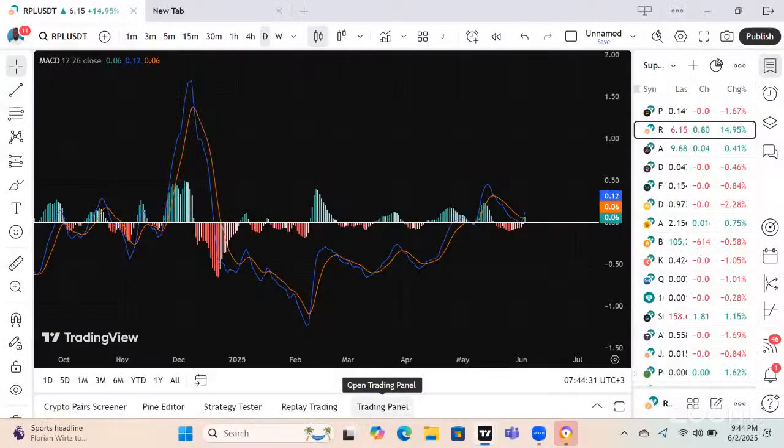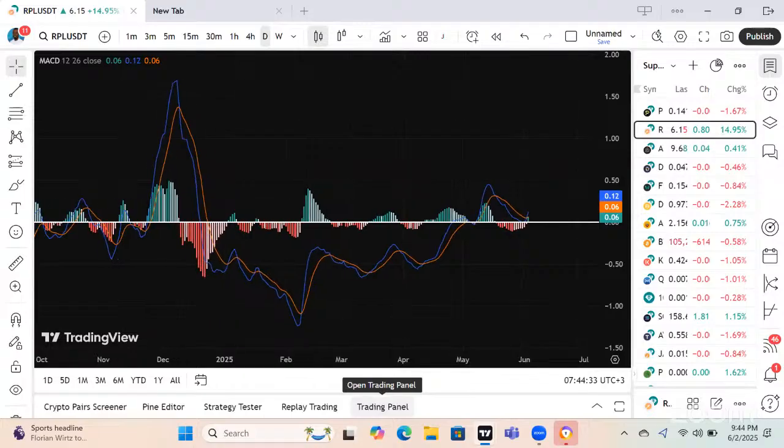So let me share my screen and we get to the lesson. We are basically looking at the MACD as an indicator with an ultimate goal to help you trade with no skills of price action. And the indicator,